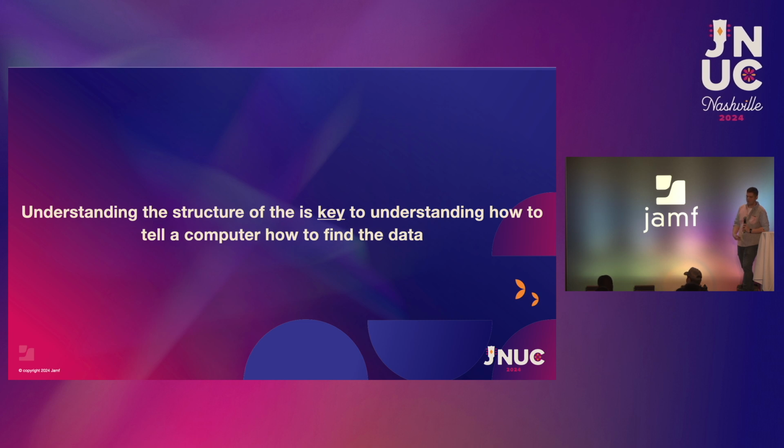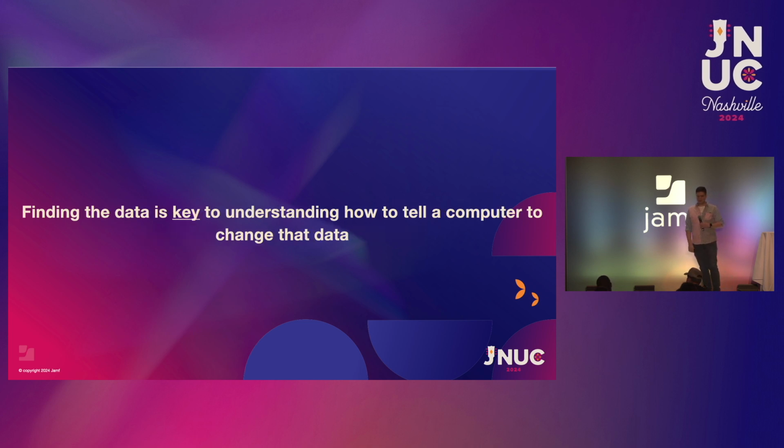Right? So understanding the structure of the data that we get from these APIs is key to understanding how to tell some command line tool how to get the data out of there. Because I don't want the whole thing. I'm just after the title of the policy. I'm after the username attached to an iPad. So if I can get to the data, the other nice thing is that I can also tell it to change it if I really want to.